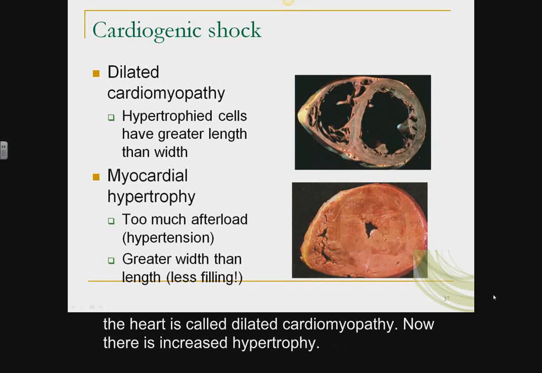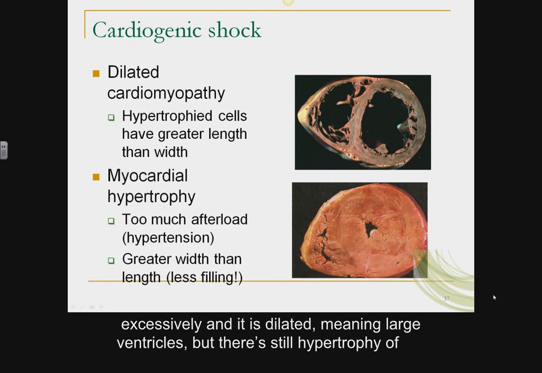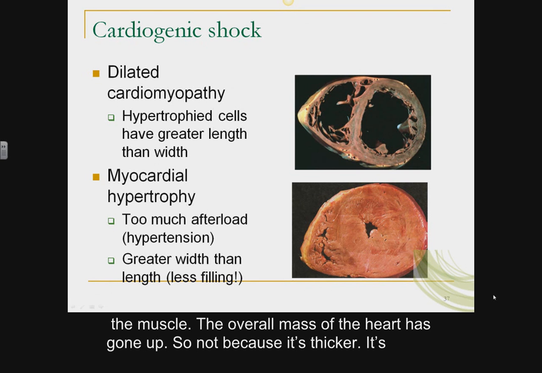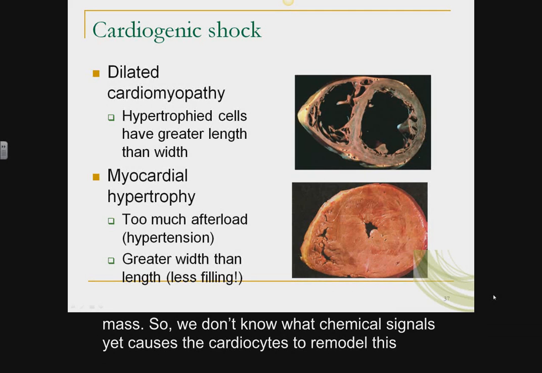There is increased hypertrophy, although it looks like the heart walls are very, very thin. In this case, the heart remodeled excessively, and it is dilated, which means large ventricles, but there's still hypertrophy. The overall mass of the heart has gone up. So it's not because it's thicker, it's because the cardiocytes have gotten longer. That's how they've increased their muscle mass. We don't know the chemical signals yet that cause cardiocytes to remodel this way, but they increase in length instead